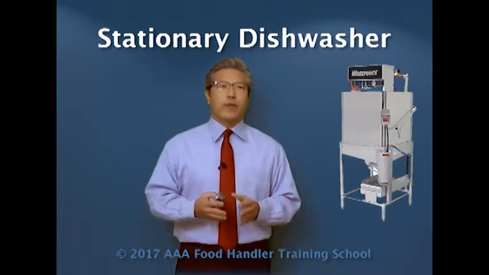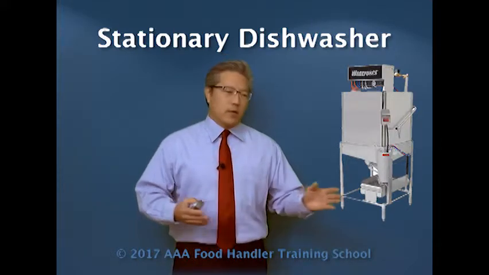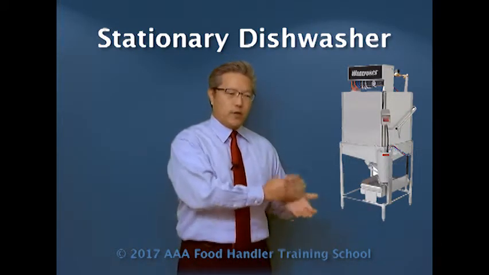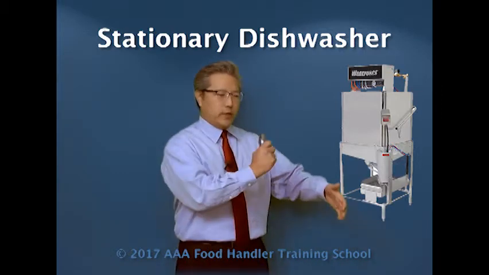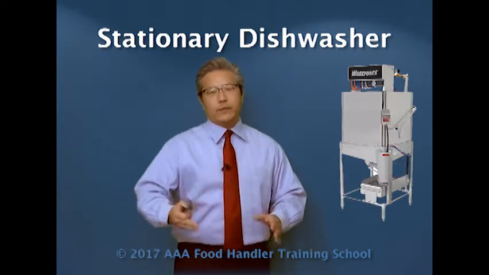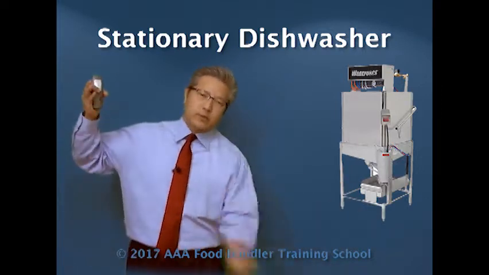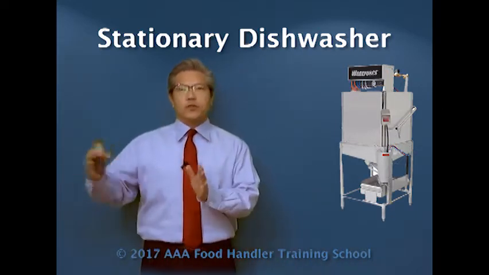In a mechanical, that is an automated dishwashing system, we have different types of machines. There are machines where they're stationary rack type. In other words, what that means is when the dirty dishes come in, you're going to scrape off all the leftover food. You're going to use a sprayer to spray down and get rid of as much food as you can. Then we're going to rack it, and then we're going to open the machine, slide the rack in, close it, turn it on, and the rack does not move.